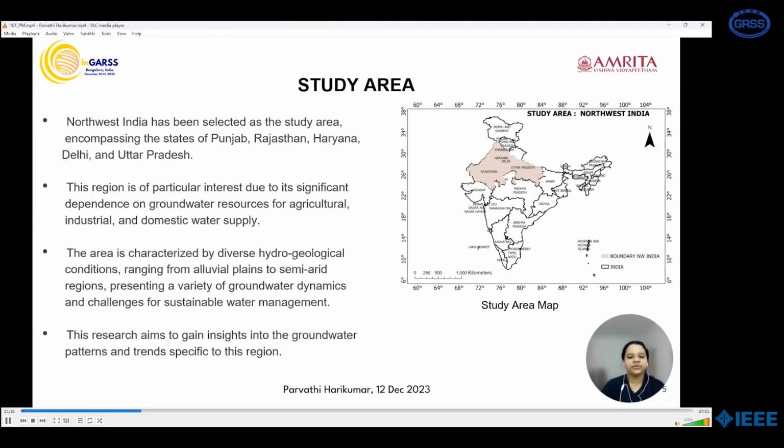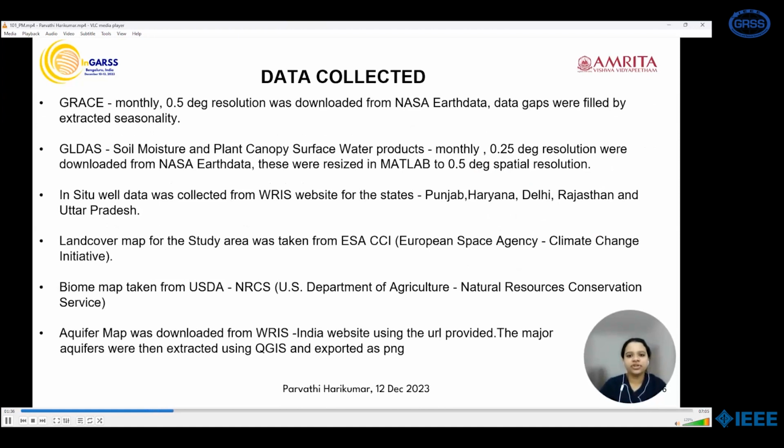India has different types of land and water conditions, from flat plains to somewhat dry areas, making it a unique challenge for managing water sustainably. Our goal with this research is to understand how groundwater behaves in this specific region and identify any patterns or trends. Going into the methodology, we have adopted in this study GRACE data with a monthly resolution at 0.5 degree